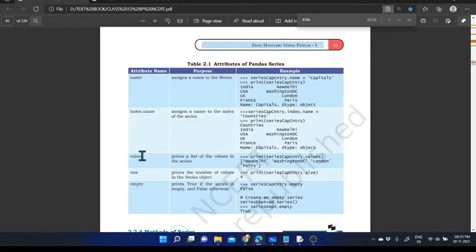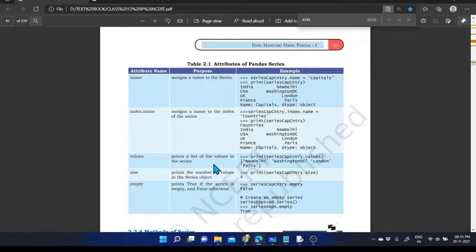The next attribute is values. It prints a list of values in the series. Within the series function, we provide two types of values: the first is data and the second is index. The data is accepted as the value.